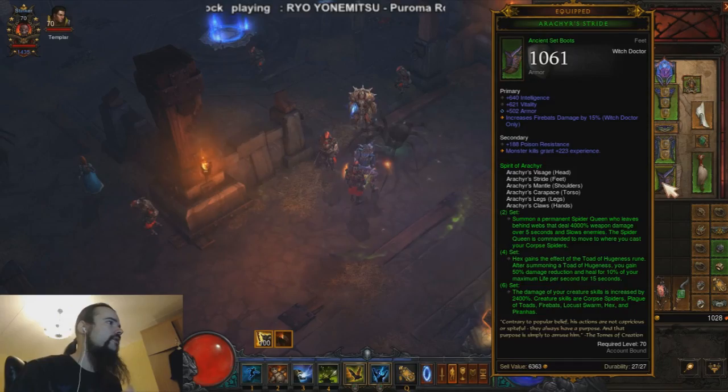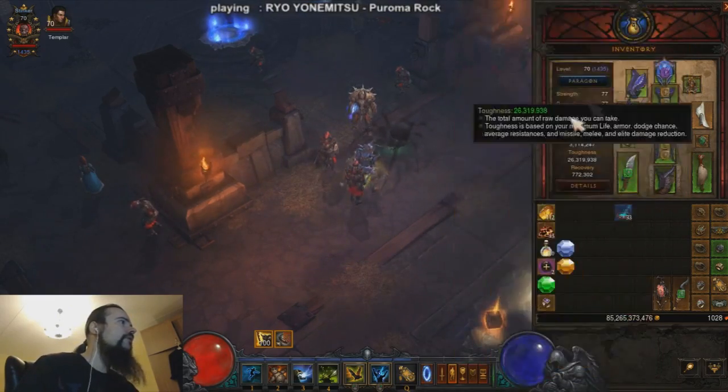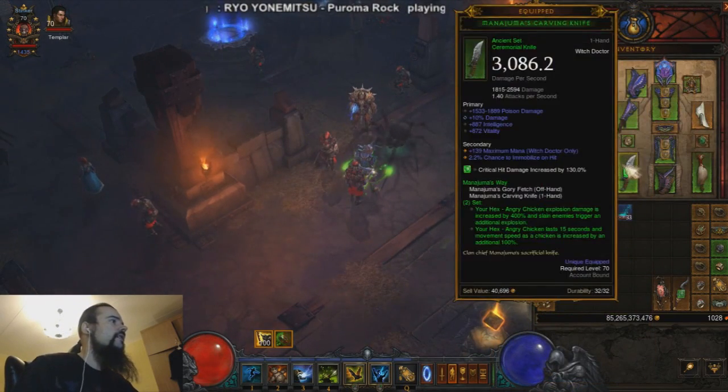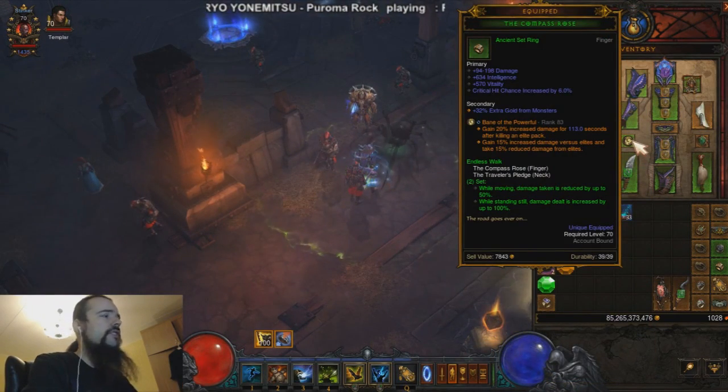This is like the perfect boost that you can have. As you can see, I have absolutely no augments on my gear so far. The only augment is here. So, we'll use the Traveler's Pledge